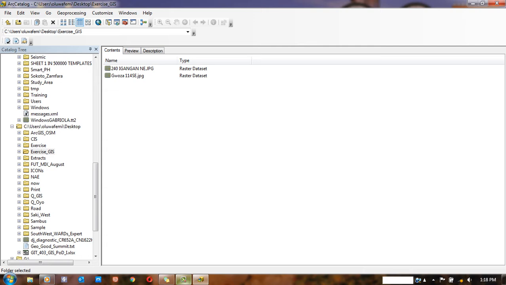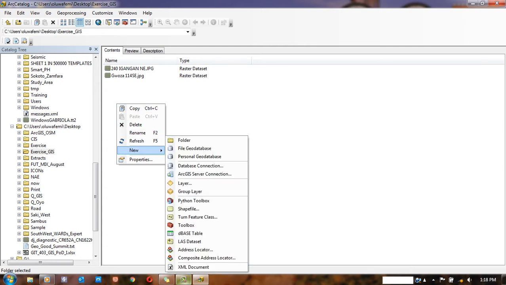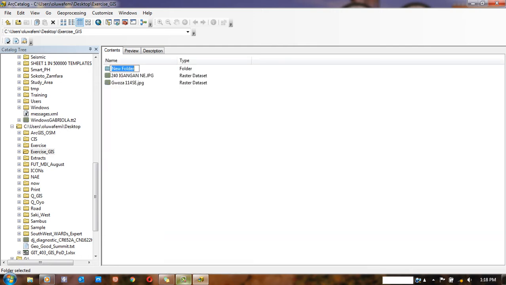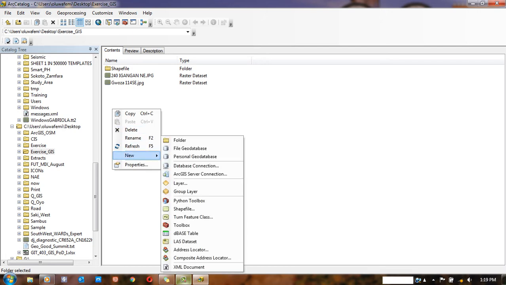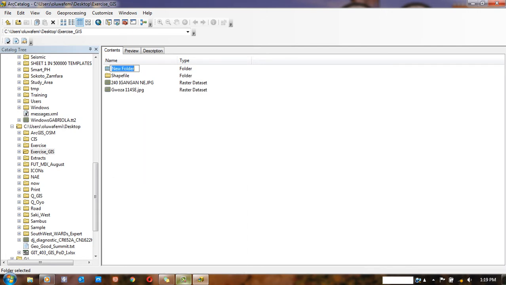So if I'm going to do that here now, if I'm repeating that now, I may just come here, right click inside the Arc catalog and click a folder. I may just call it, let me use the topo sheet name, maybe shapefile, or I can just say shapefile here. Then, assuming I'm going to use imagery, I'll also create another folder. I will call it,